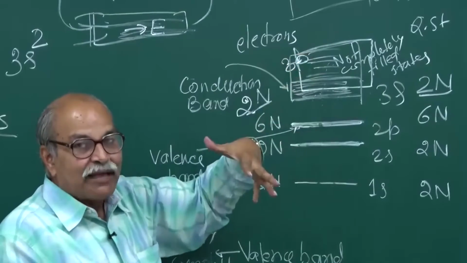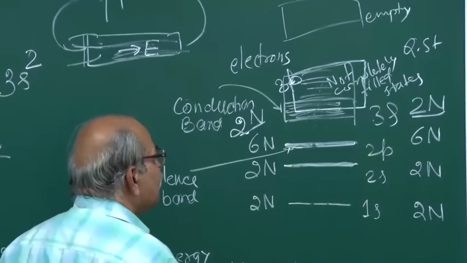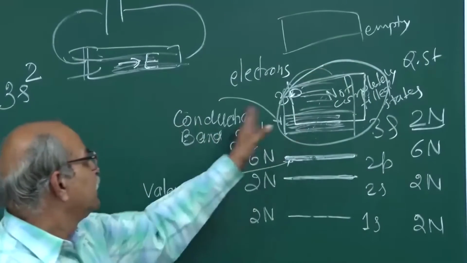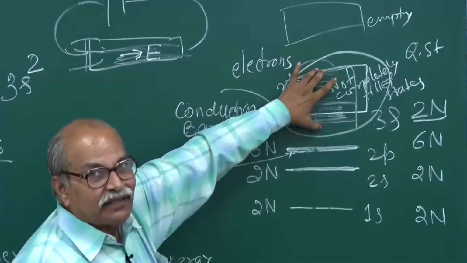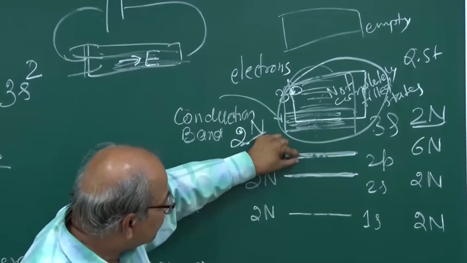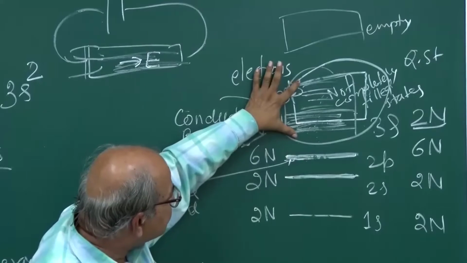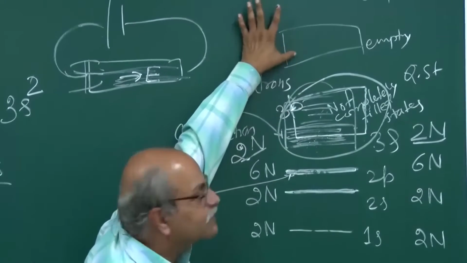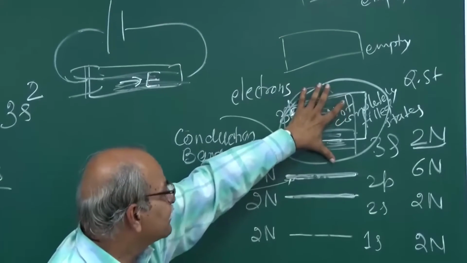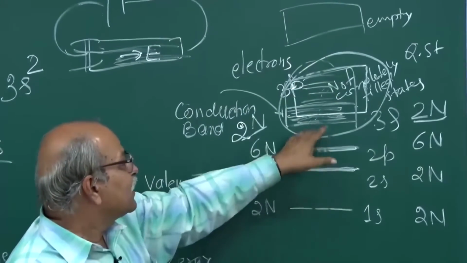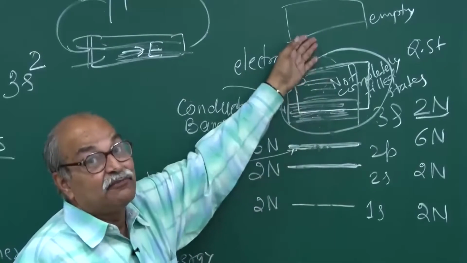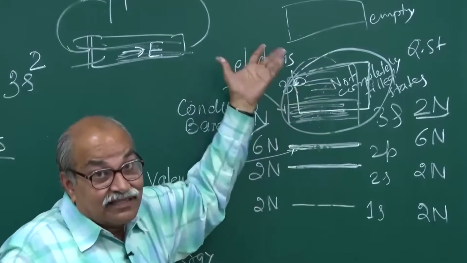3s, 3p bands overlap. So in that case, that whole combined thing will be the conduction band once again, because this is just like one band. Once it overlaps, you have just one energy band. This range is allowed, this is the energy gap, then this range is allowed, and this is the energy gap, and then this range is allowed, and so on. So once again, this whole thing is the conduction band, and here is the valence band, and therefore you have enough empty quantum states and enough electrons also, and it's a good conductor.